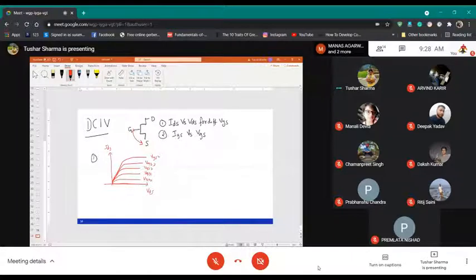Then you will plot IDS versus VGS, which helps us determine where the device turns on. For a given value of VGS, current will be zero, and then current starts to increase and then saturates. The point where your current starts to increase is called pinch off, V pinch off, which means if your VGS is less than V pinch off, your device will be what? Your device will be off.